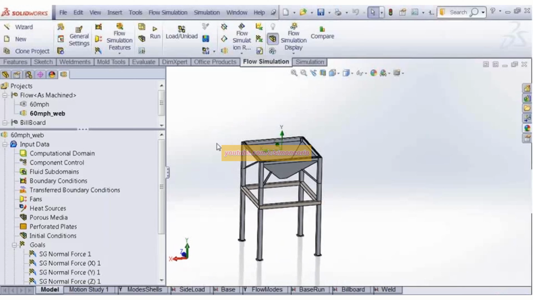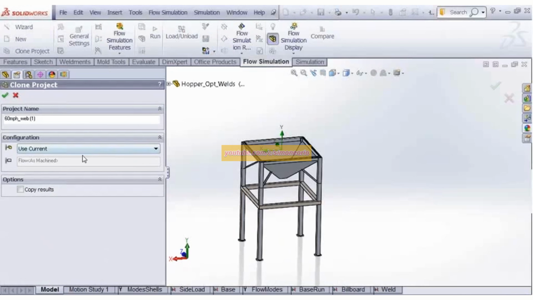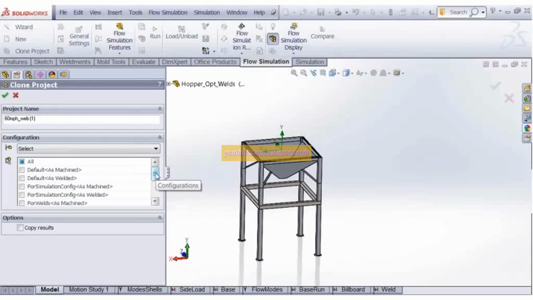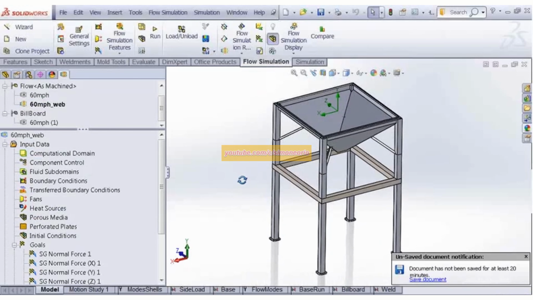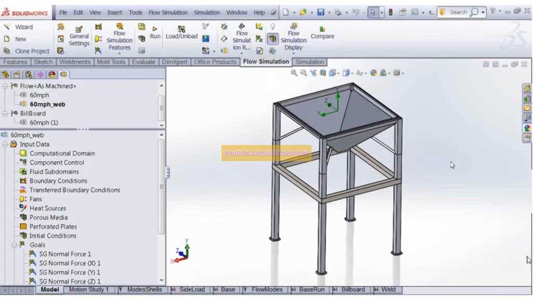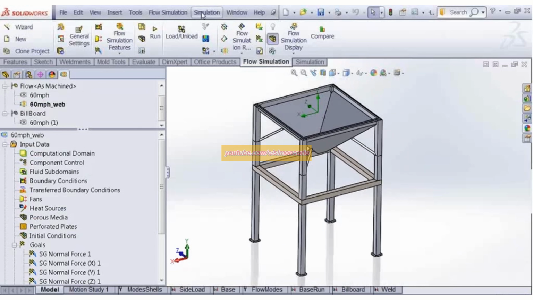And if we want to apply this, let's say, to the other CAD configurations in the model, the billboard, for example, similar to the structural simulations, I can just say clone this project. And then it's going to say, which CAD version do you want me to clone this project to? I can then select from any of the configurations in my model and then duplicate what I've just created. So it's the general flow model build process and an overview of some of the general capabilities. And let's kind of switch gears